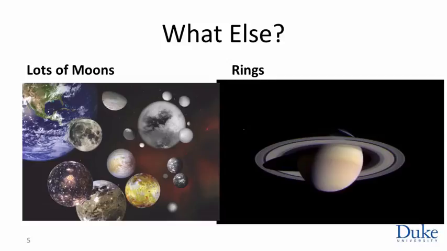But all of the planets except Mercury and Venus have moons. The outer planets tend to have many more moons than the inner planets. And some of these moons are planet-sized. Our moon is almost the size of Mercury. Some of the moons of Jupiter are very large. Again, notice that all of these large objects, like the planets, all have the same shape. So they're all spherical. We want to understand, why is everything round? And where did these moons come from, and why do they orbit the planets and not the sun?